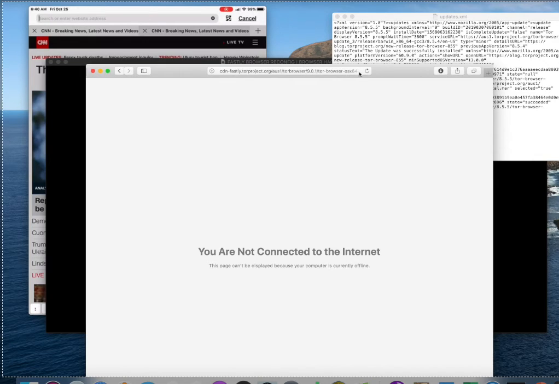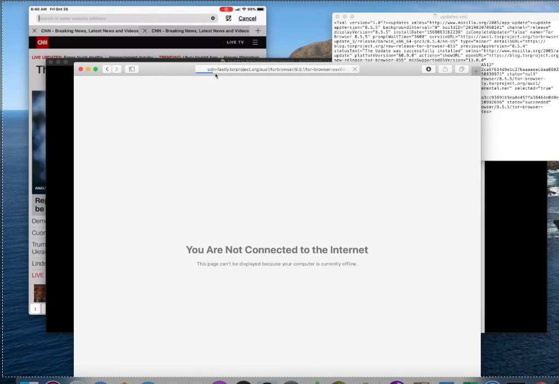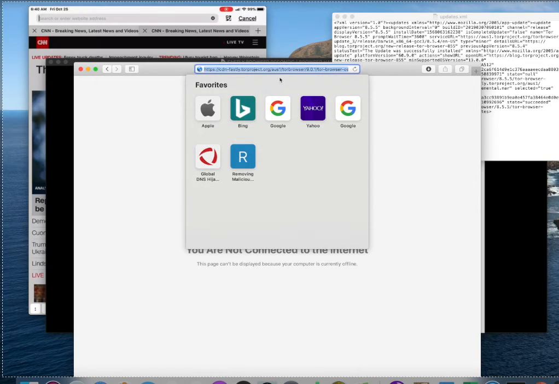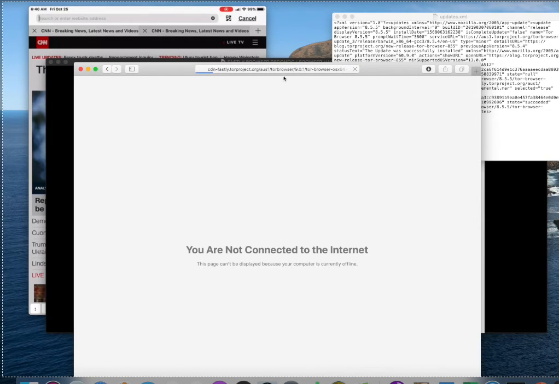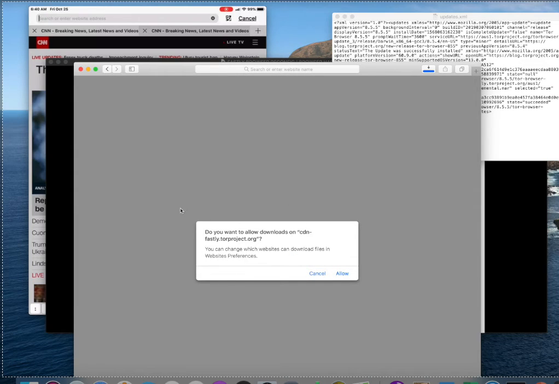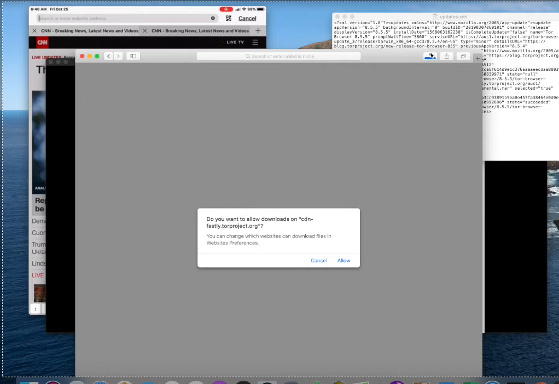The .mar file, and it does go right to FASTLY in regards to, oh my goodness, I'm being SSH attacked. I do not want to download it, but it looks like it's trying to.